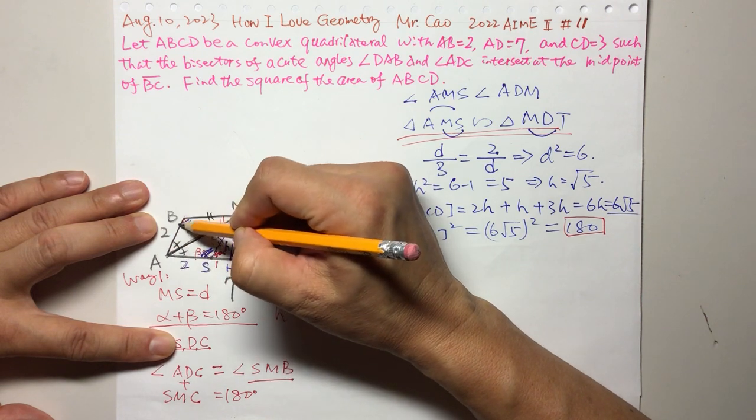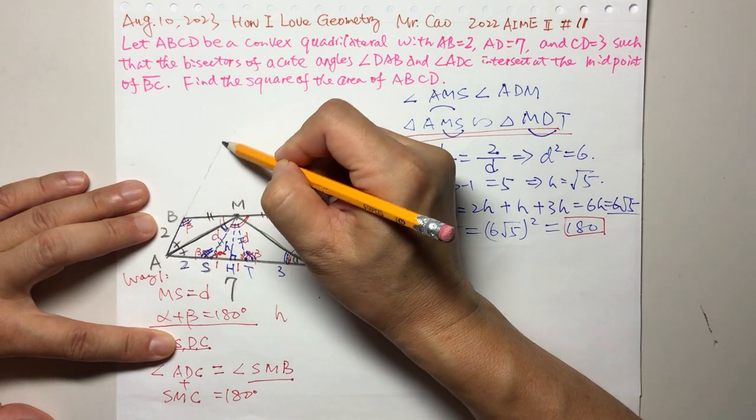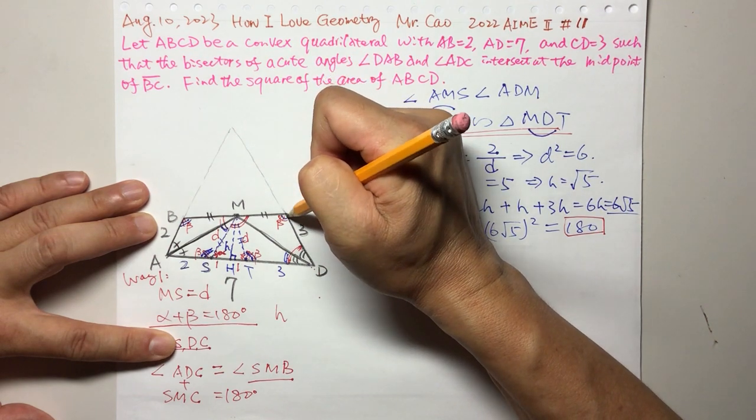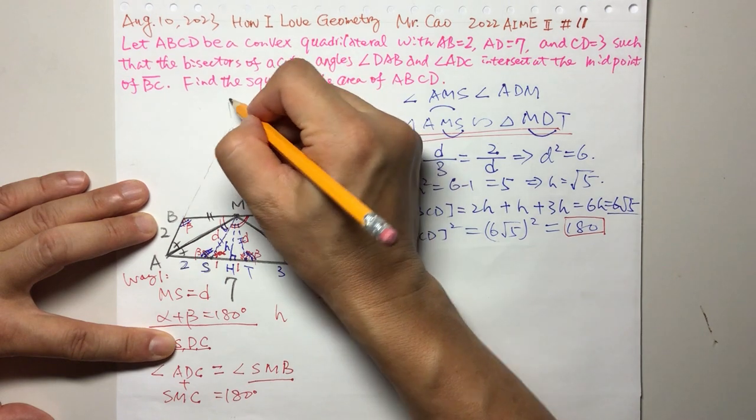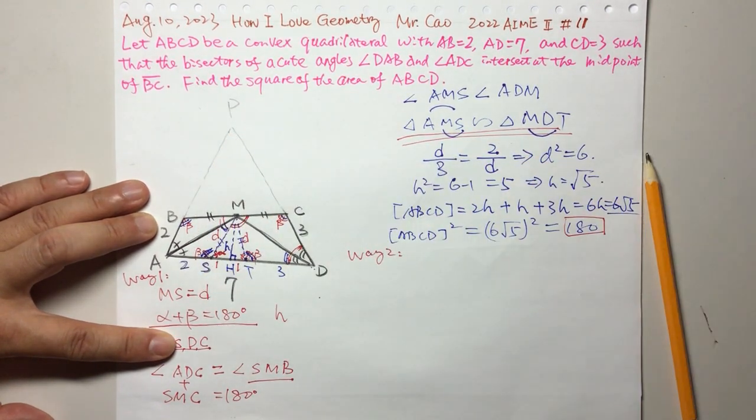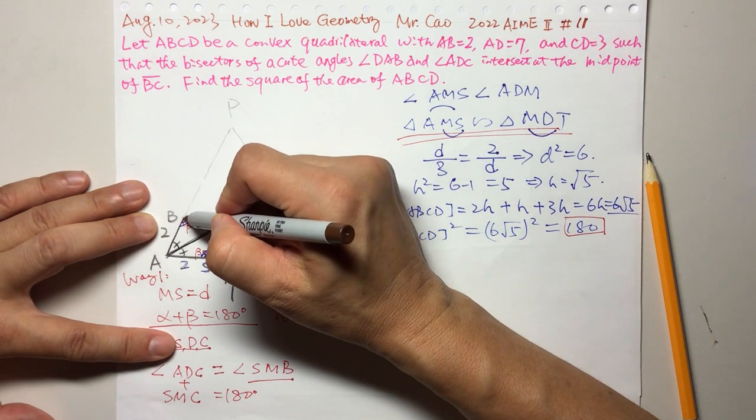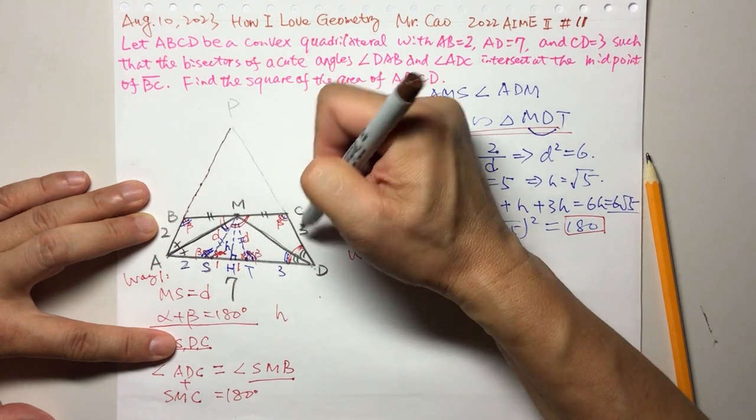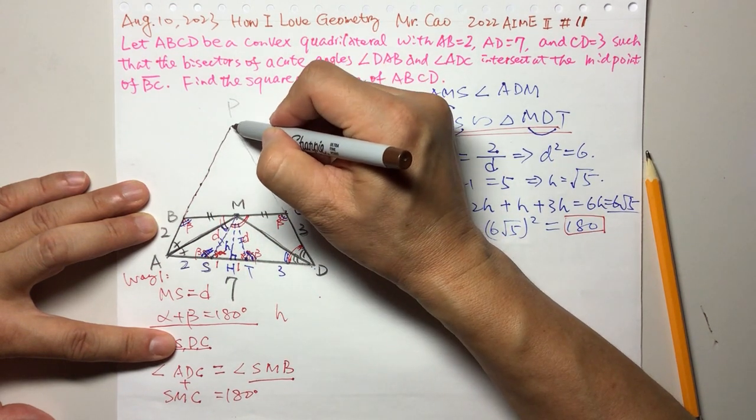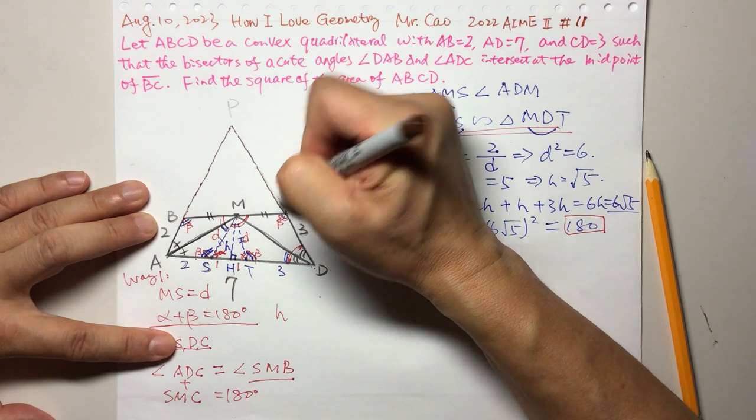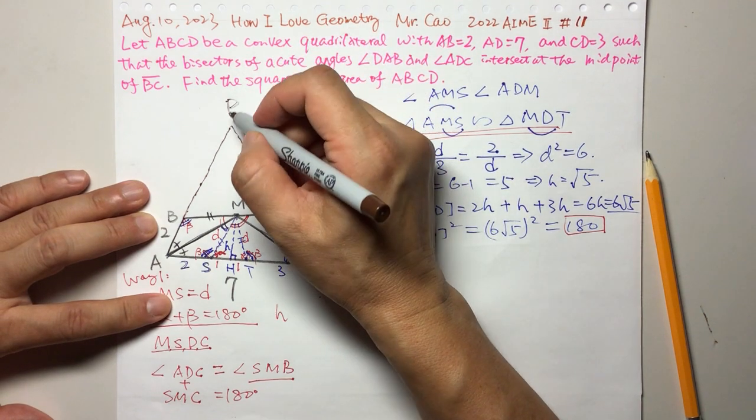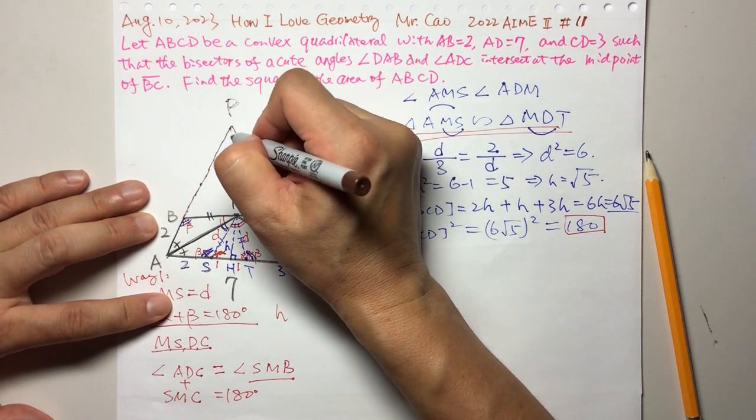build the total triangle of this one. So let us call this P, okay? We will extend AB and extend DC. They will meet at the point P, or intersect at point P. So if we connect this PM,